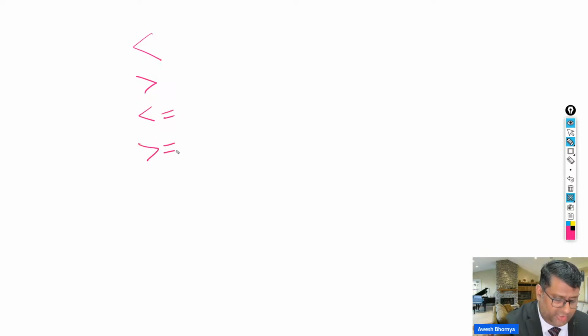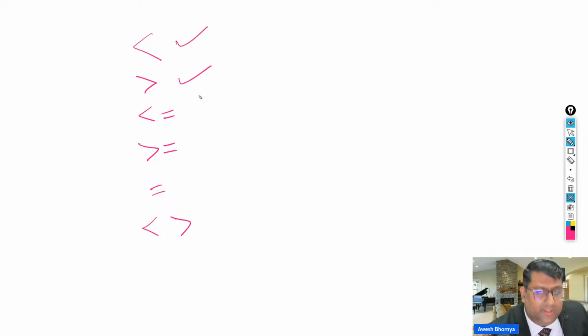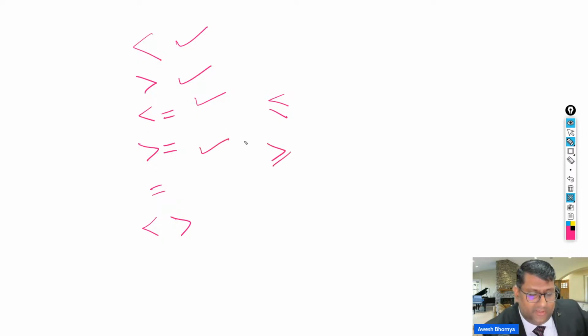So let me give you a quick update on the logical test. So basically you have your operators. I'm just putting them down on the screen very quickly, and then I'll explain what each of them is for. This is for less than, this is greater than, this is less than equal to. Normally in school we were taught like this. Then this is greater than and equal to. In school we were taught to write greater than and equal to like this. So in maths it's a different thing, but here it's a different thing. Then this is equal to, and finally this is your not equal to.